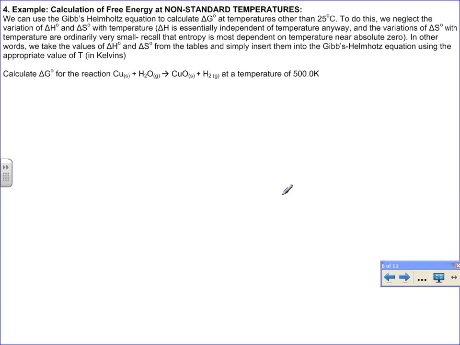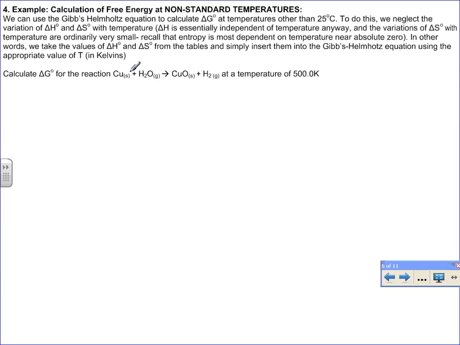So the next thing that we're going to do is look at how the calculation changes when we're dealing at non-standard temperatures, so other than 298. For this, we're still going to use the same formula, so delta G is equal to delta H minus T delta S. And what we're going to do is use the temperature that is given for the process in the question. So in this particular example, we're going to calculate the delta G naught for this reaction at a temperature